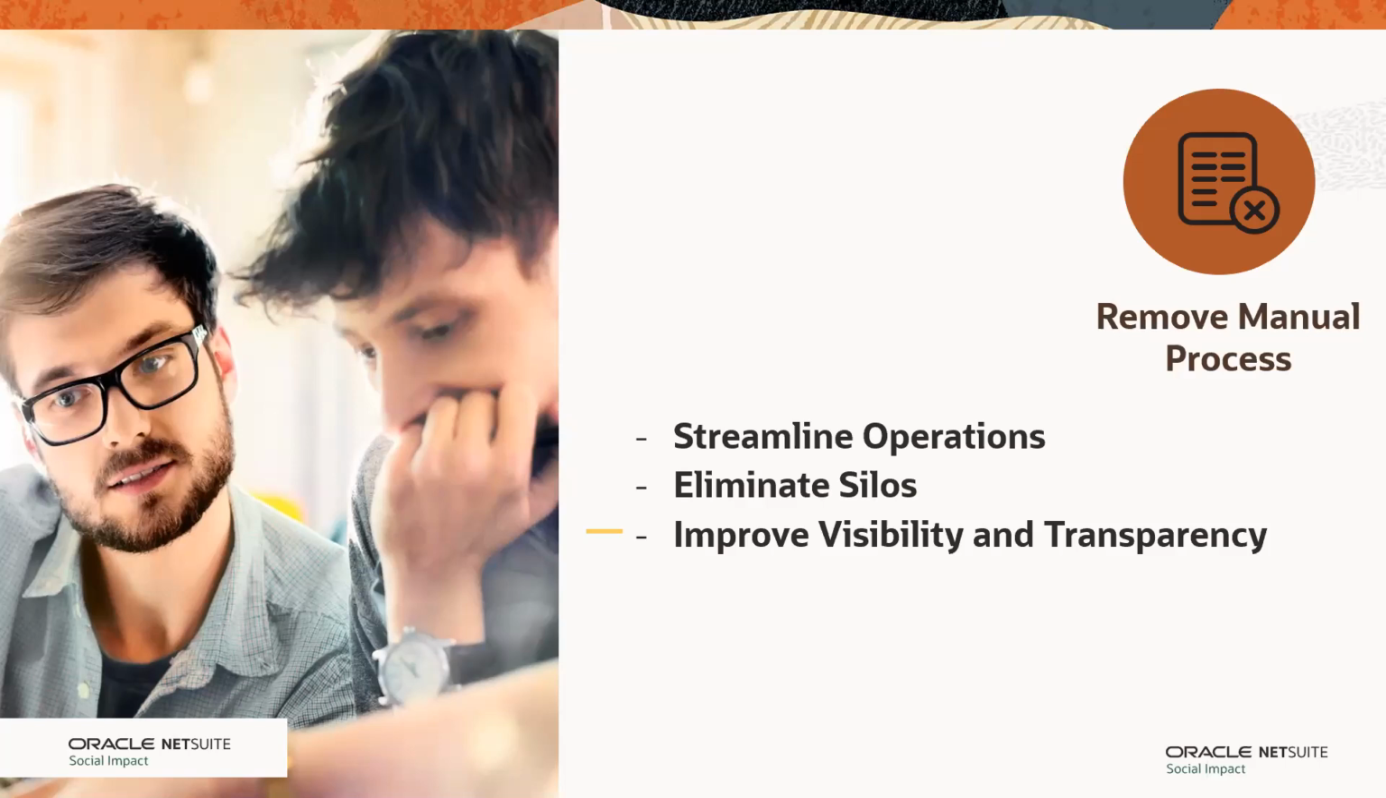When I talk about removing manual processes, this is all about streamlining your operations, eliminating silos, improving visibility and transparency. And when we talk about streamlining your operations, whether you're a big or a medium-sized organization or a small one, you have your own process flow. So what are the different process flows that you have? Say, for example,